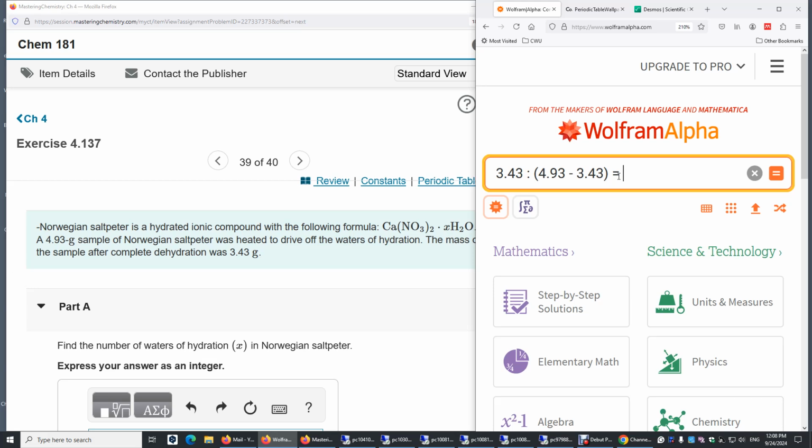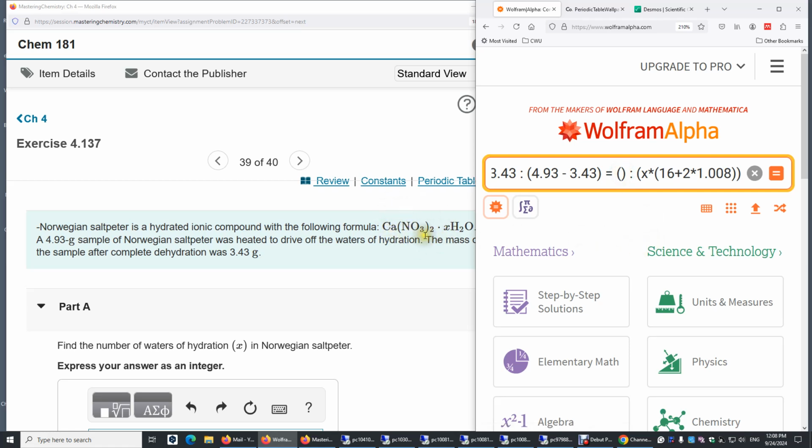Now let's just assume we have 1 mole of such compound, and then that corresponds to 1 mole of calcium nitrate. And then we have the mass of 1 mole of calcium nitrate here, and we will have X moles of water here. The molar mass of water is roughly 18: 2 hydrogen atoms and 1 oxygen. And then over here we need